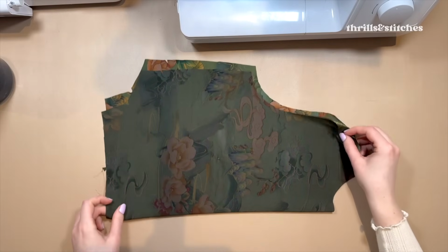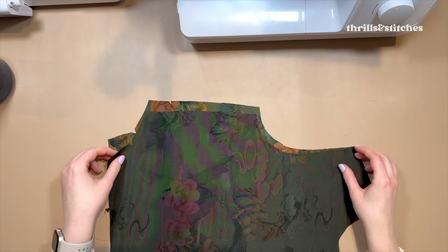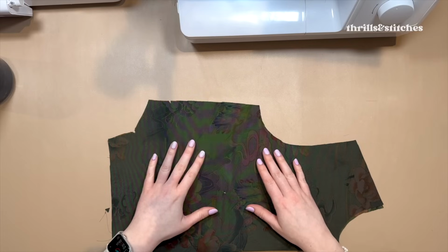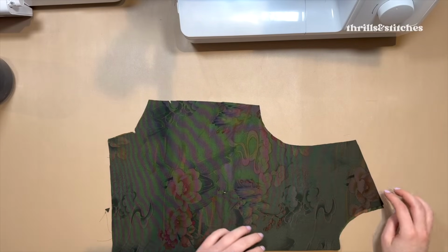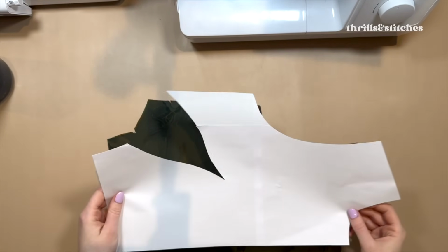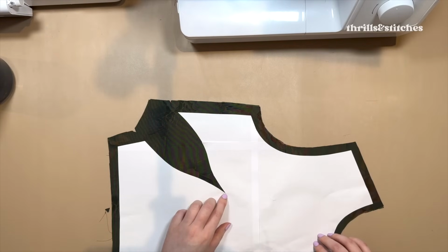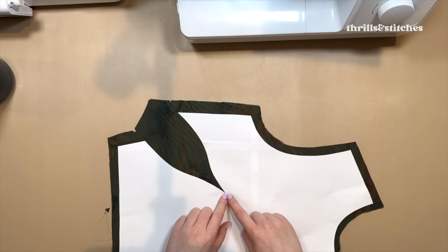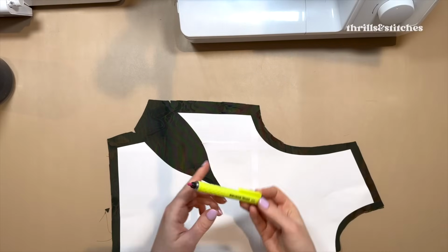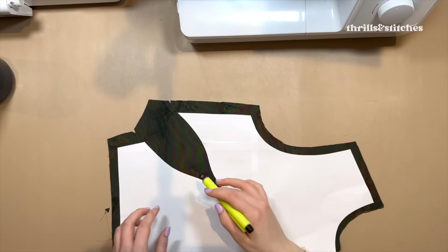The reason why I cut it with the right sides facing out is so that I could control the placement of the print a little bit. But now what I want to do is actually mark my dart, so I have to turn it inside out. Now I fetch my paper pattern again and I place it down. And the reason why I had placed a pin here before is so that I can see approximately how the pattern was placed. Now I'm gonna grab some tailor's chalk in a color that will be visible on my fabric,